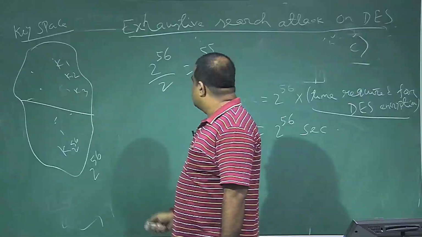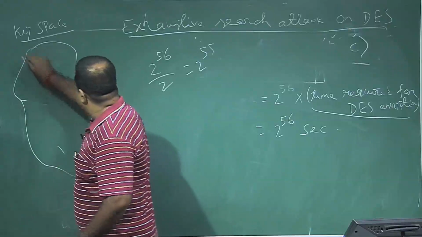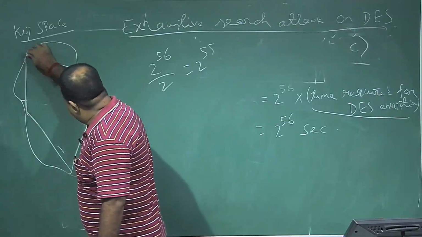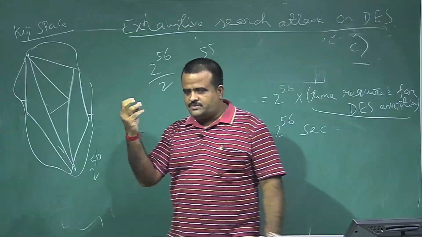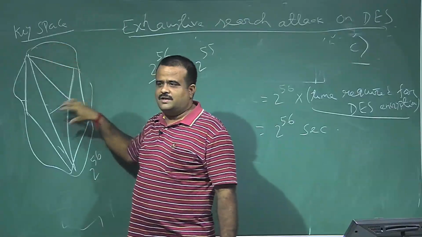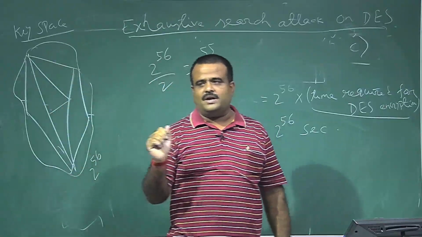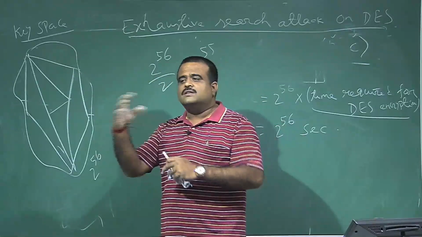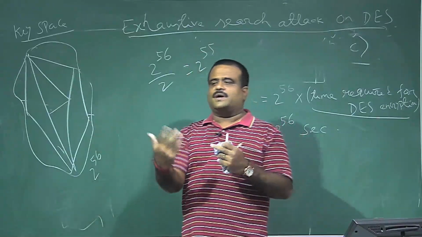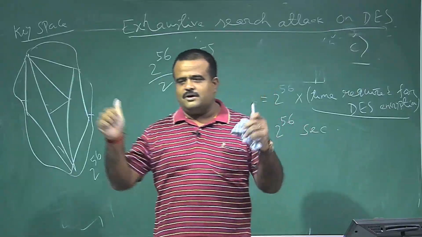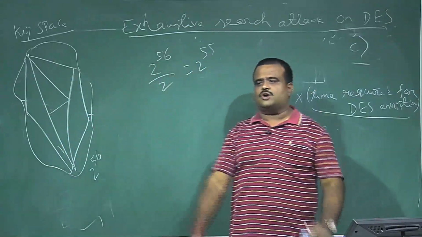But if you have many processors, say 2 to the power 32 processors, then we partition this key space into that many partitions, and we ask each processor to search in its particular region. So this is parallel computing. The processors run in parallel, searching their respective key spaces, and once somebody gets the key, it sends a signal, hey, I got the key, so stop. So the whole system will stop.